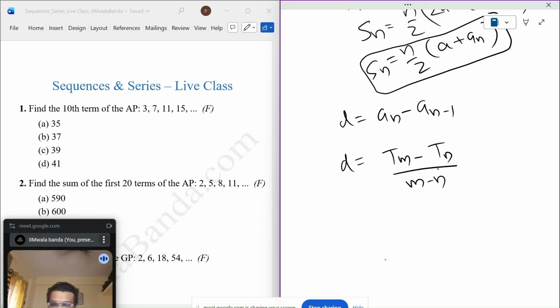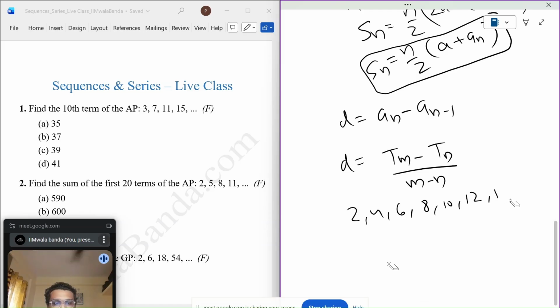Now this is not the difference. This is a lot of something multiplied by that difference, right? Because if you take the 100th term and you take the second term, that will not be d. It will be much more than d. So you divide it by m minus n. For example, in our previous case,